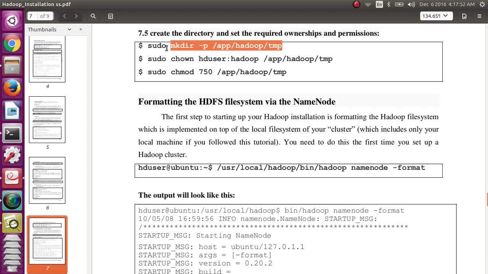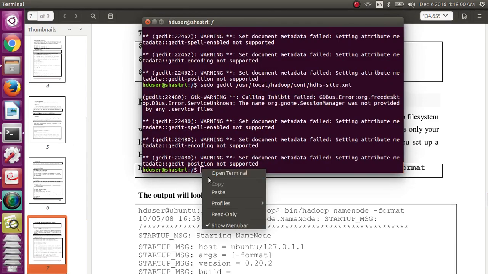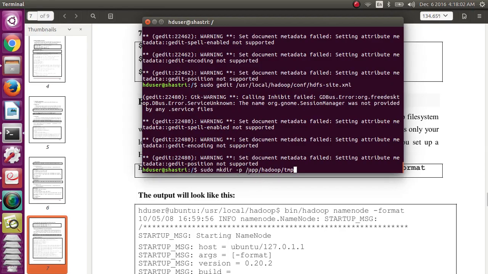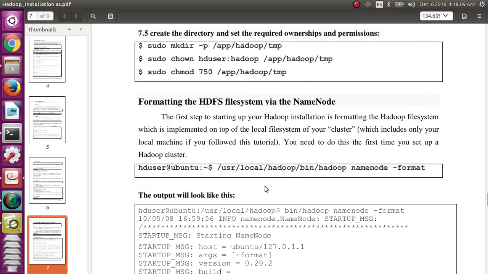We are creating the tmp directory under app, hadoop. Paste. See, the directory name is tmp under root app hadoop. Successfully created.